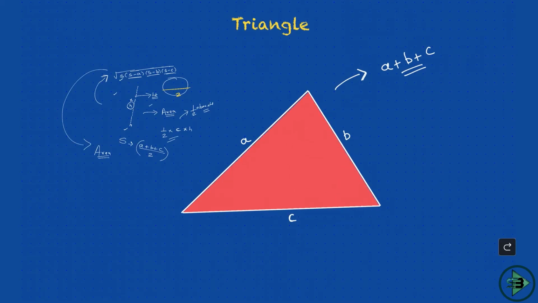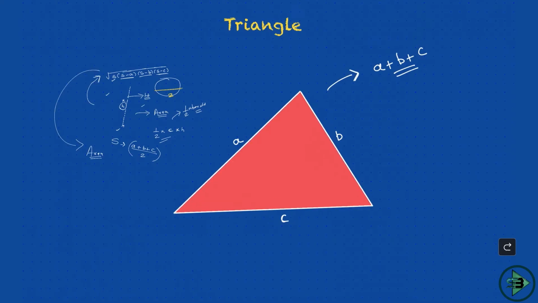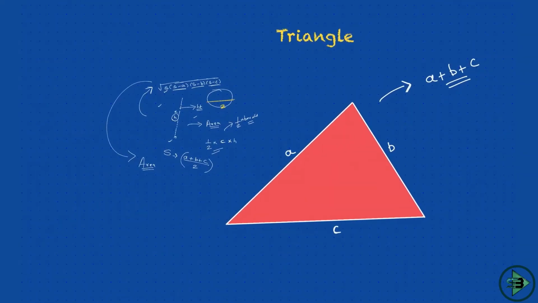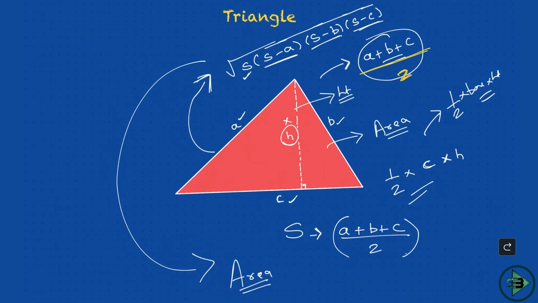Okay. Now let's move on to the next type of triangle. So now we saw one triangle which we called a scalene triangle. Why? Because any dimensions can be given here. Okay, these are any dimensions A, B and C. Now let's just play with this. Now I am telling you that it's a right angle triangle. Okay, what is a right angle triangle? One angle will be equal to 90 degrees.